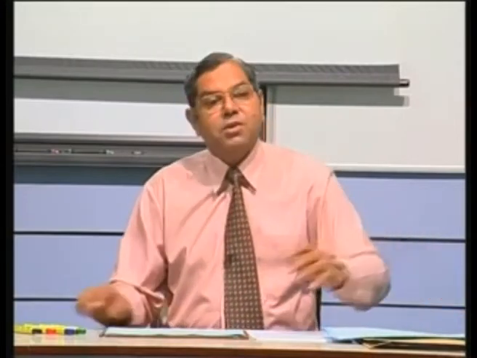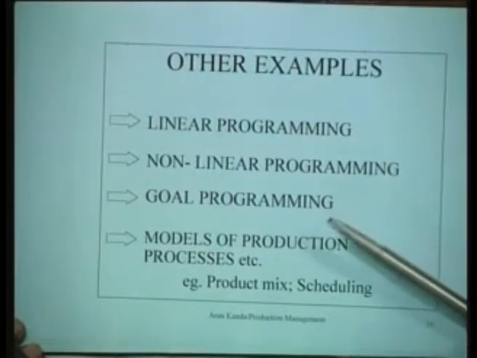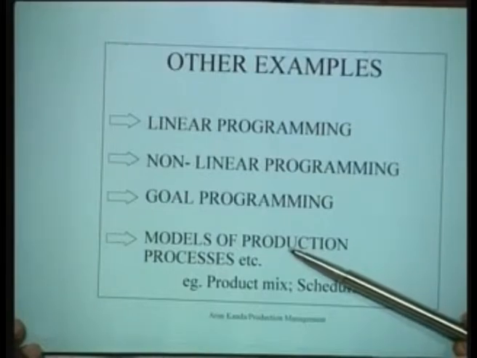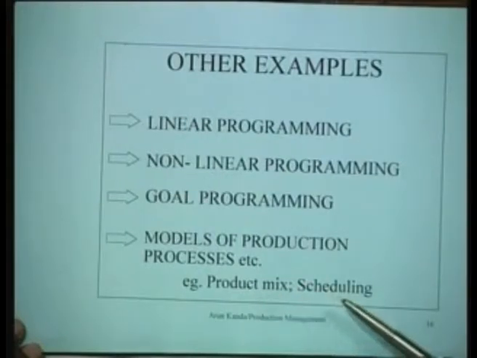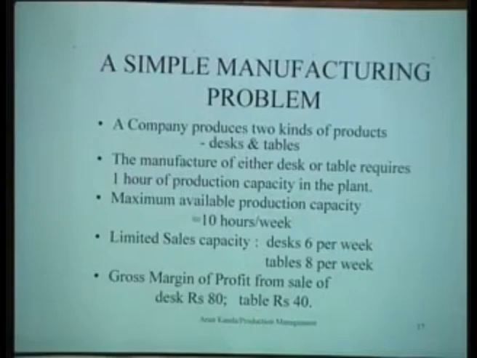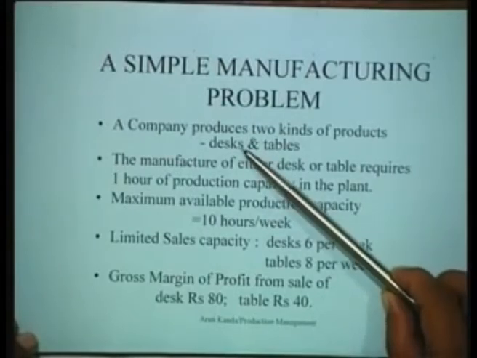We can look at other examples of models which are very relevant in production management. We can use linear programming, non-linear programming, goal programming, models of different types of production processes, and we can model production product mix and scheduling by using these kinds of models. Now we will take a small example, for instance, and see how modeling for that particular product is done. Take a simple manufacturing problem. Let's say that the company produces two kinds of products. These products are simply desks and tables,